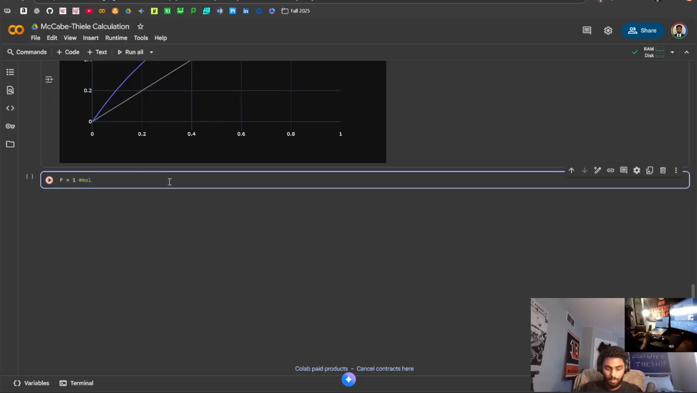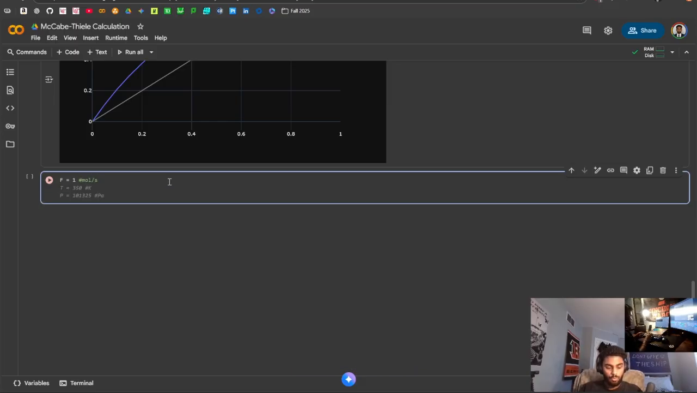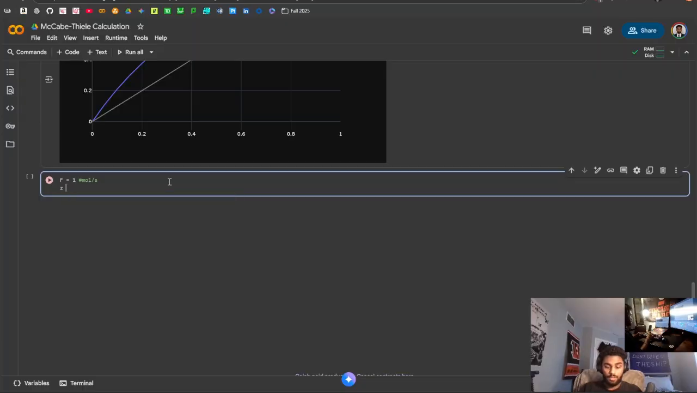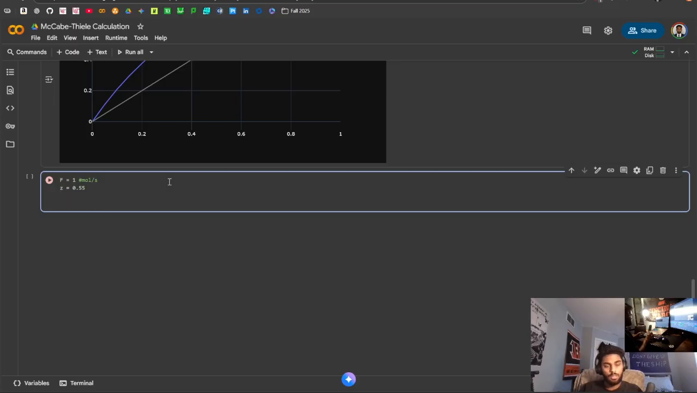I'll put units here, mole per second. We want to define our feed composition. So maybe like 0.55. That's our composition. And we also want to define our